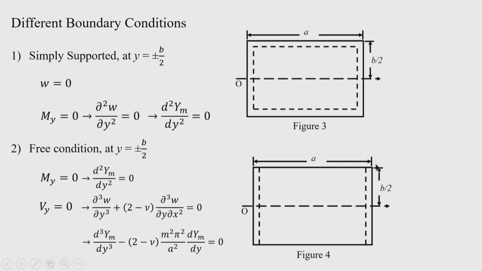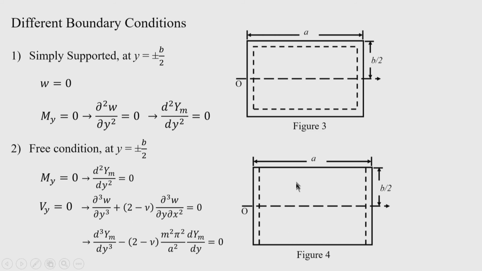So, for example, this is a slab bridge or a slab culvert. So, these two edges are free. In that case, the bending moment is 0, so this curvature term is 0, and S shear is 0. So, S shear is this quantity, and when it is differentiated with respect to this function, then m square pi square by a square comes, because of double differentiation of this w with respect to x, because w contains sin m pi x by a also. So, these are the two boundary conditions at the free edges.